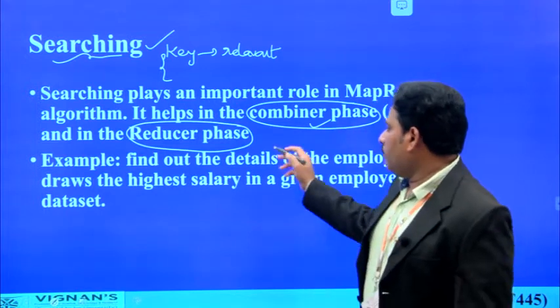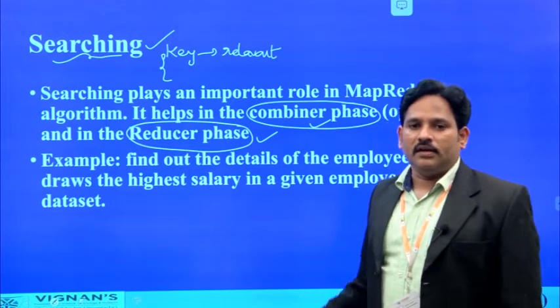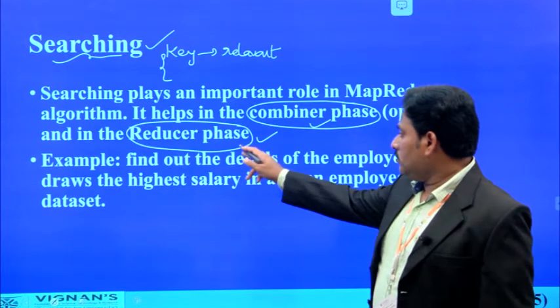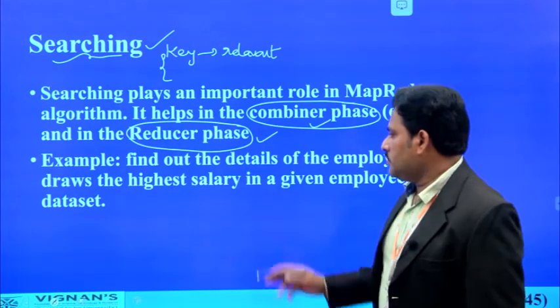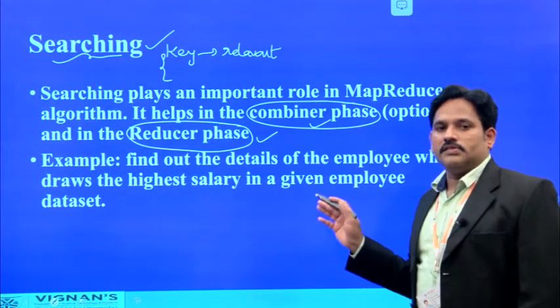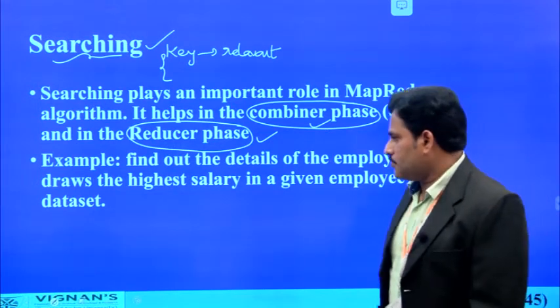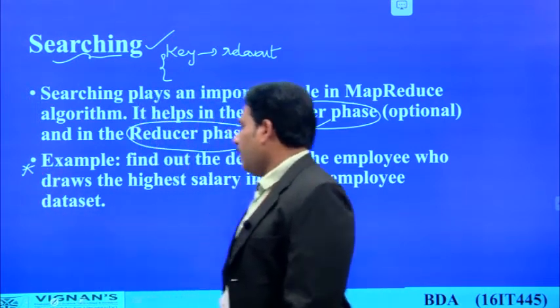And after combining, when you want to generate the final output, we want to reduce the relevant or duplicated values in the reducer phase, we are going to apply searching. That means partitioner is used in between mapper and reducer, whereas searching is applied in the combiner as well as in the reducer phase. Now let us see this example of how this searching is going to be applied in real time